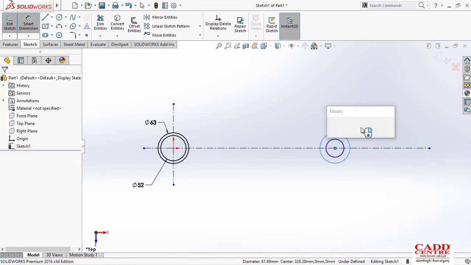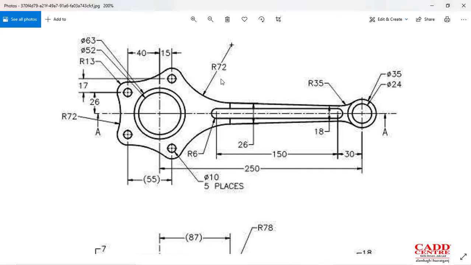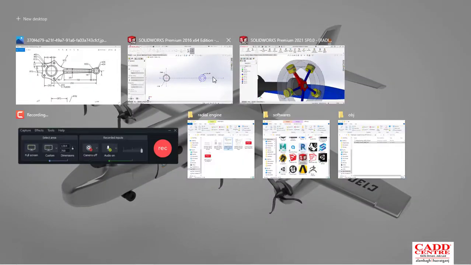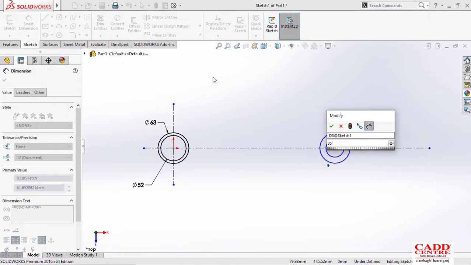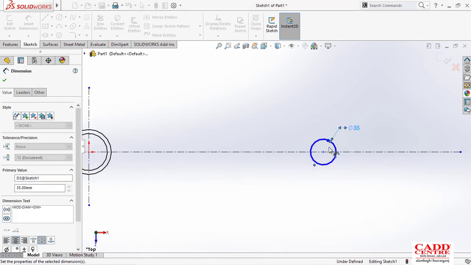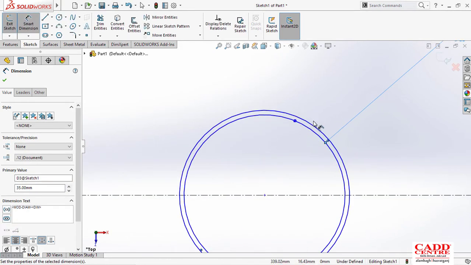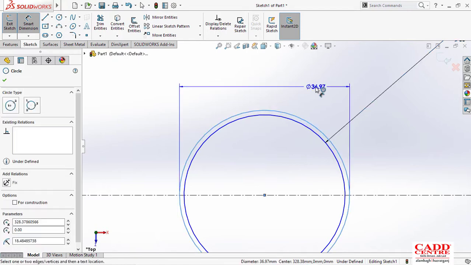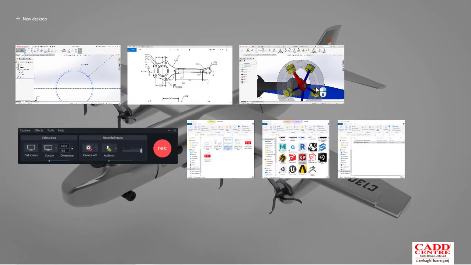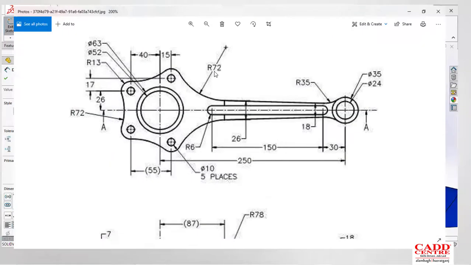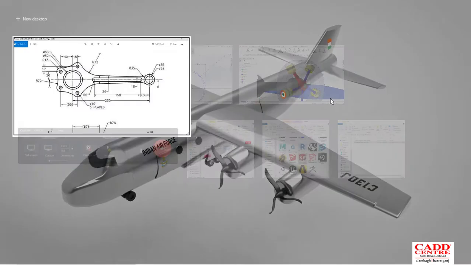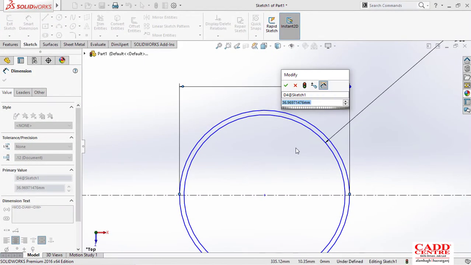The first diameter they have given is 35, so I'll provide 35. After that, that is the inner one, which would be 24. So this one would be 24.